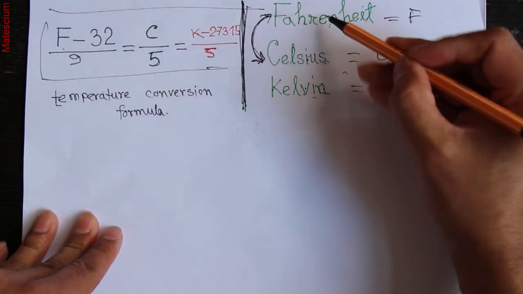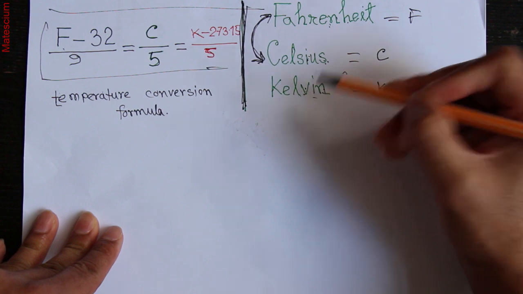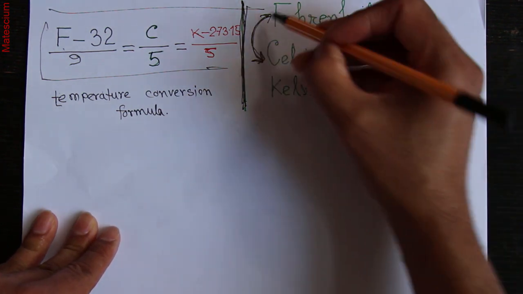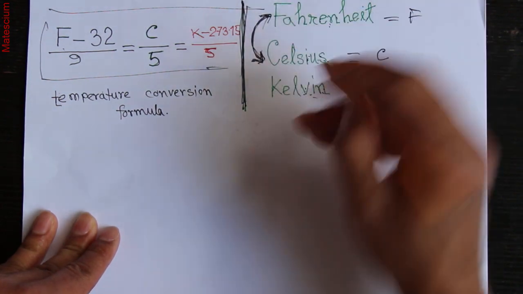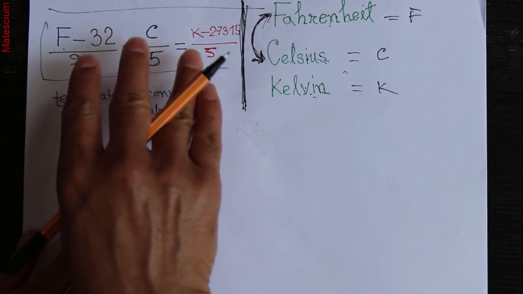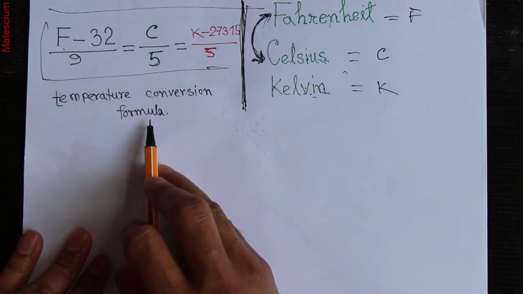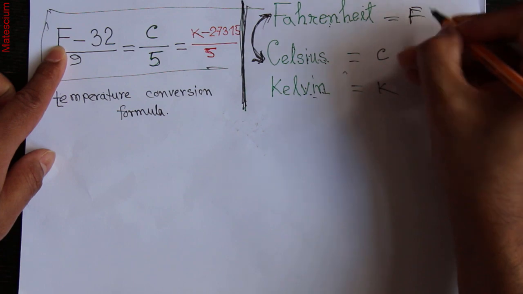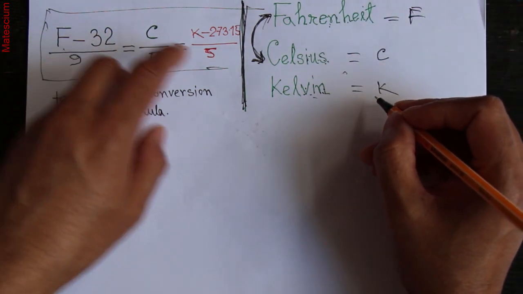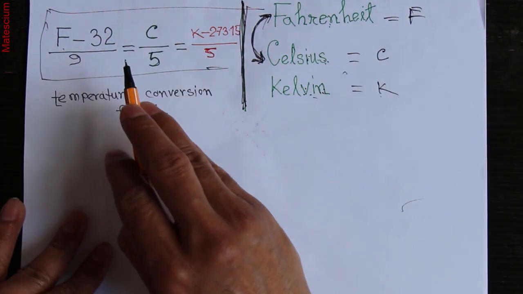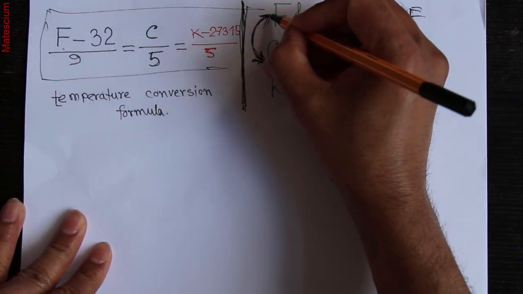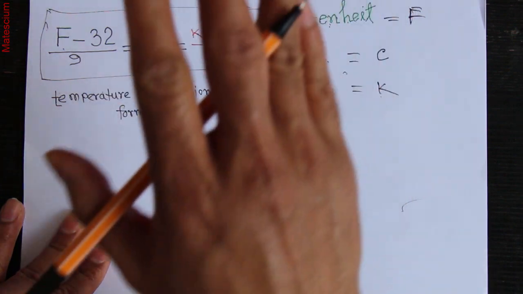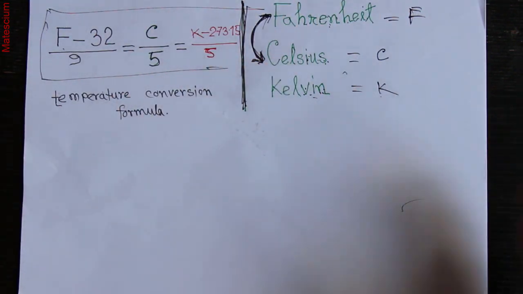Let's come to the point. There are three well-known units of temperature, and they are called Fahrenheit, Celsius and Kelvin. You can convert the temperature from one unit to another by using this simple formula, and this formula is called the temperature conversion formula. In this formula, F means Fahrenheit, C means Celsius and K means Kelvin. By using this formula, you can convert the temperature from one unit to another and vice versa within a very short time, even without using any calculator.